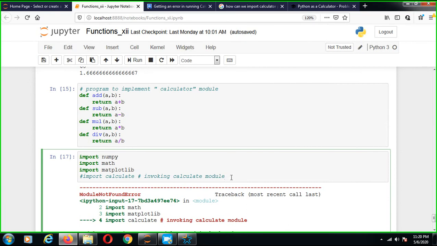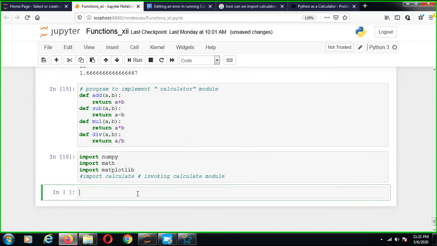First we'll have to create a package, then create functions, and create modules, and import the things. There are a number of processes. At least a one or two hour class should be there for importing modules. So I'll definitely make this type of program, how to make a module, in a readable form so you can understand, and it will help you. So we'll go to the next program.